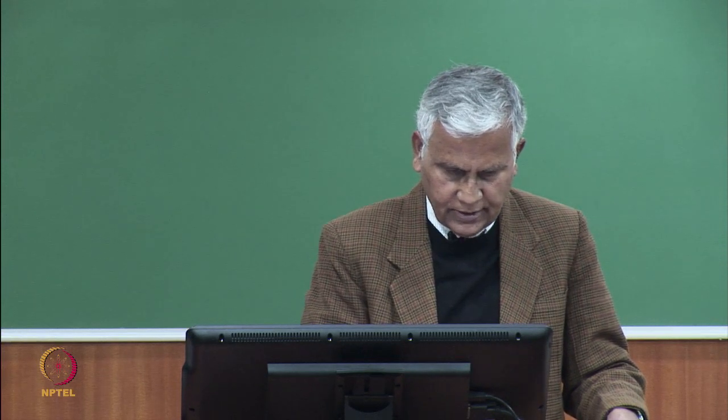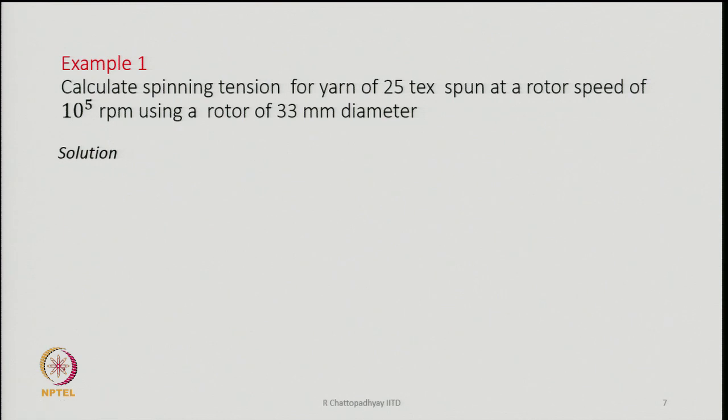Now, we will take an example of tension calculations. Calculate the spinning tension of a yarn of 25 tex spun at a rotor speed of 10 to the power 5 rpm using a rotor of 33 mm diameter. How much tension will develop in a yarn of 25 tex when the rotor speed is almost 1 lakh rpm and the rotor diameter is 33 millimeter? So, you need to know the tension. Straight away we use this equation